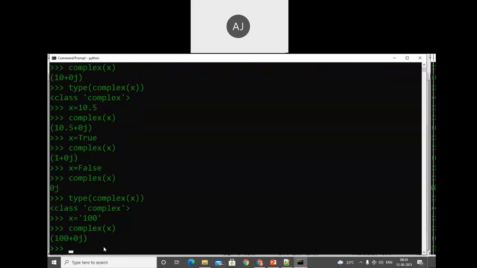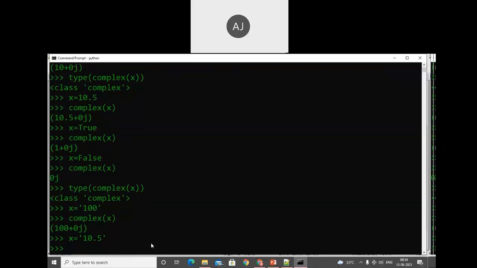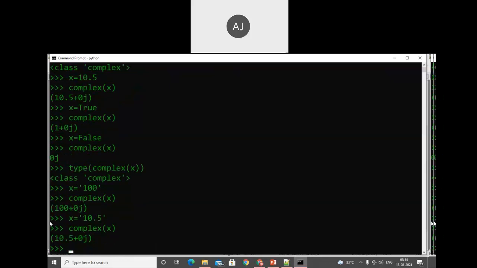See, we get that value. Make a note that the value must be an integer, but that value must be included in single quotes. If you try to store a fractional value also, see '10.5', that value also converts. Whether it is an integer or a fractional value, it will be easily converted.